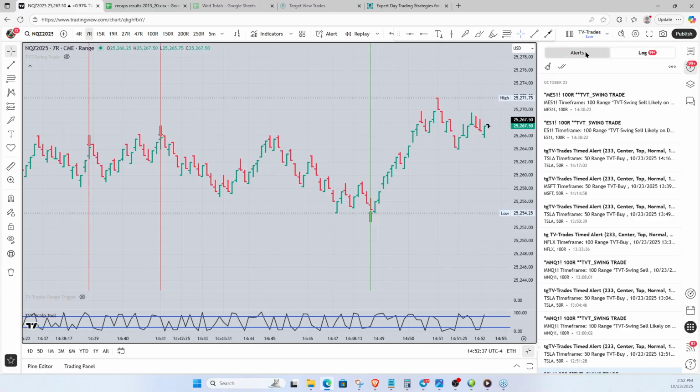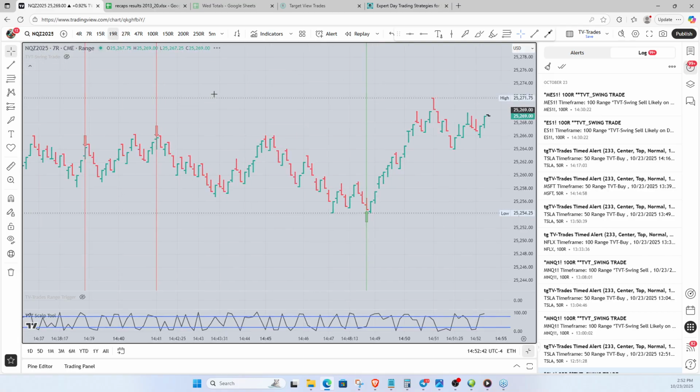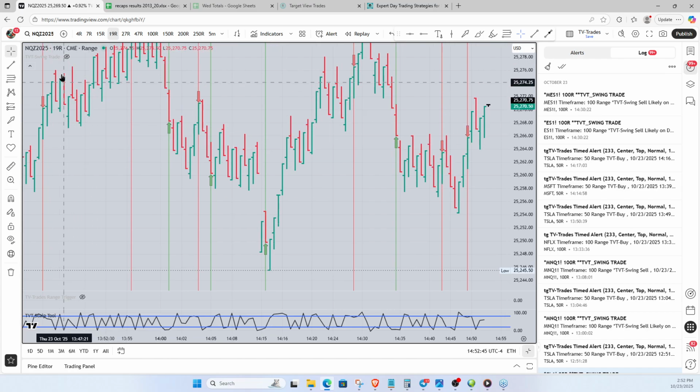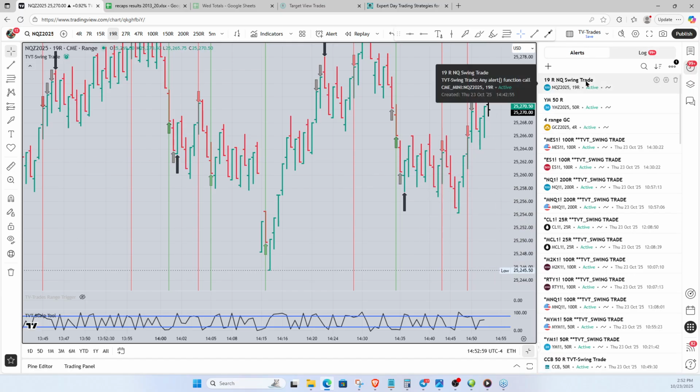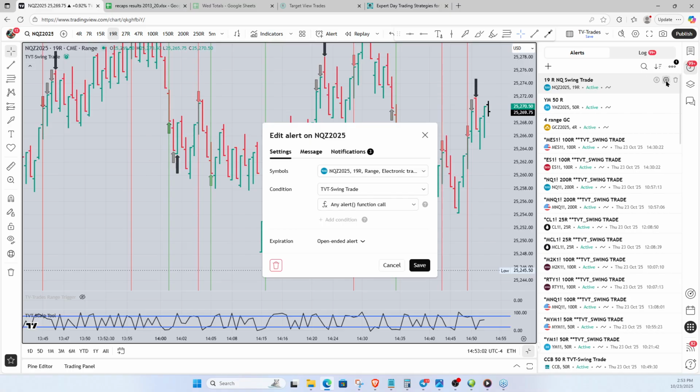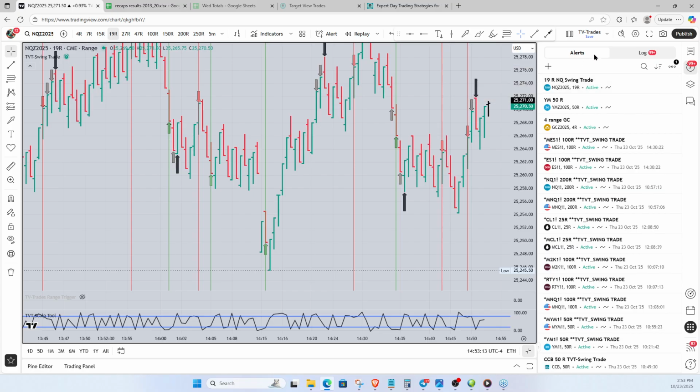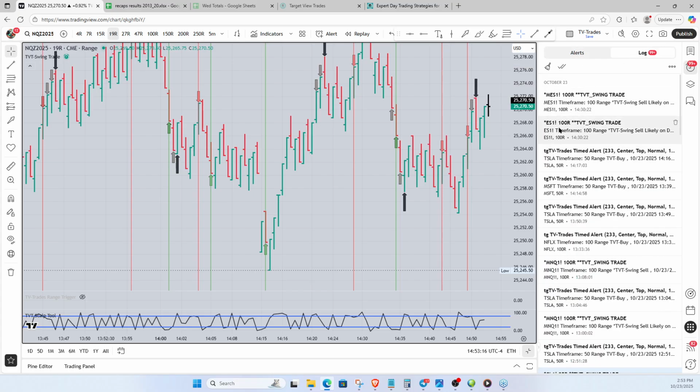Alright, in the log, we still haven't had an NQ trigger yet on the 19 range. It's the 19 range swing trade. So we put this back on. Well, one did trigger right here. That was before we started. Or no, it should actually happen just here. Did it show it? Did not show it. Did I not create that right? 19 range swing trade active. I must have done something off on that. Open-ended alert. Well, it seems like I should have triggered one in here.